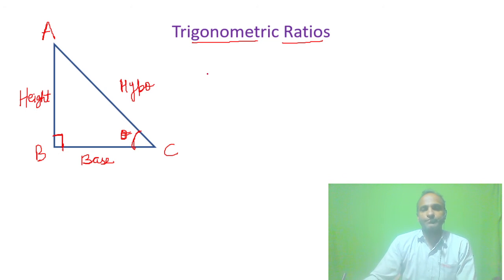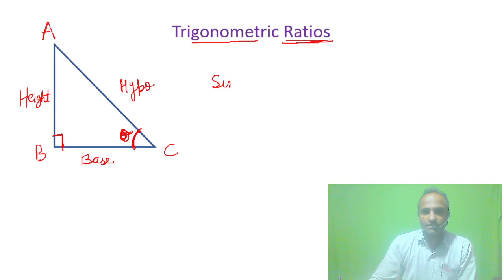Now trigonometric ratios means what? Here we are going to study the ratios of the sides. Now in Pythagoras theorem, you learnt only how to find one side when two sides are given. But in these trigonometric ratios, you can even find the angle. Or if one side is given and this angle theta is given, you can find the other two sides also. So there are altogether 6 trigonometric ratios.